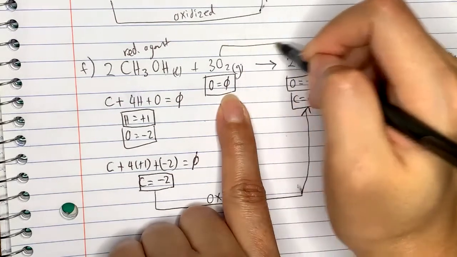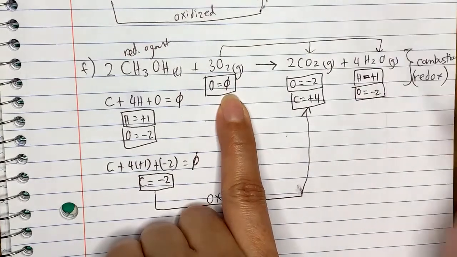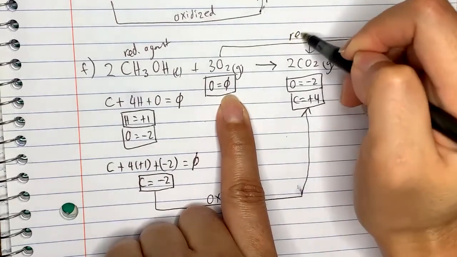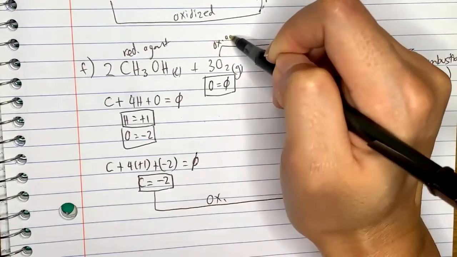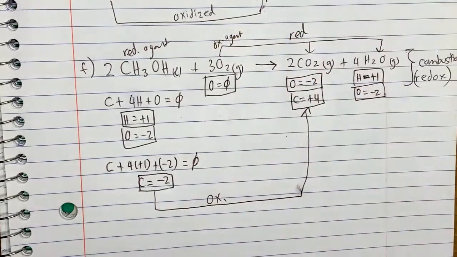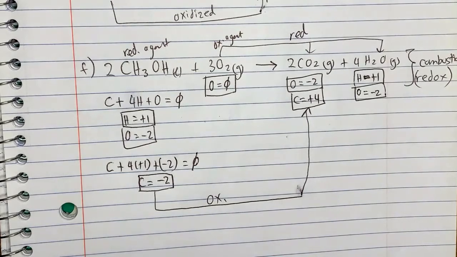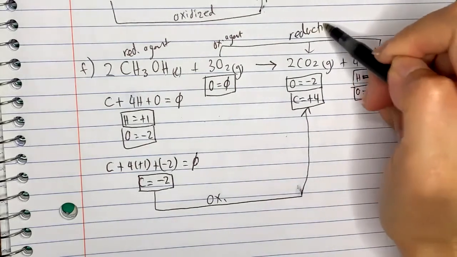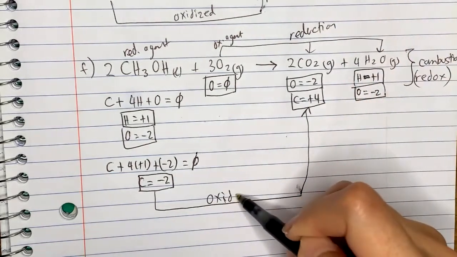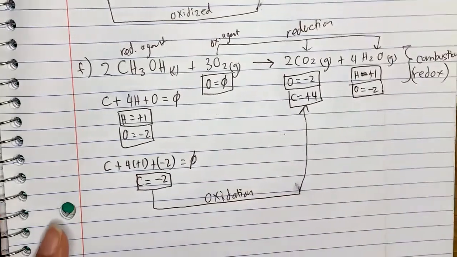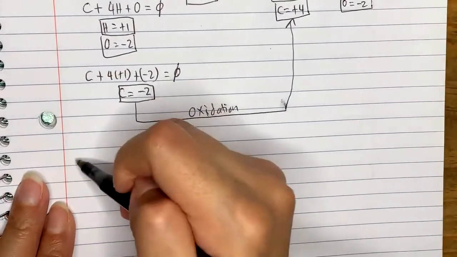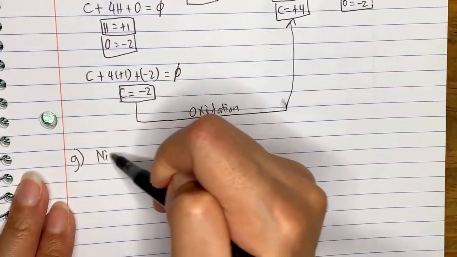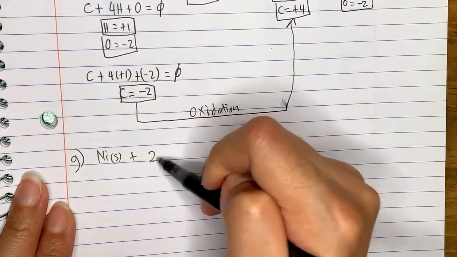So this here is reduction. You really close both of them. So this is a reduction process. Oxygen, therefore, is the oxidizing agent. All right, let's do the last one. Ni solid plus